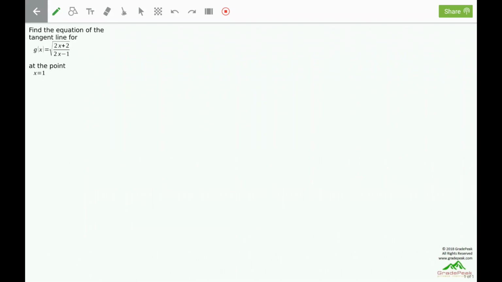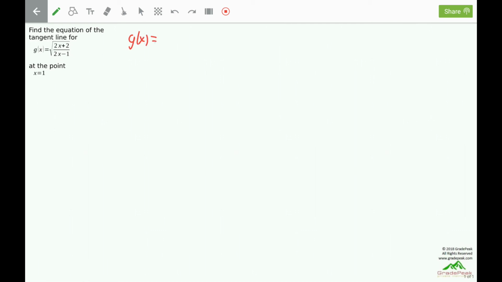Find the equation of the tangent line for g of x equals the square root of (2x plus 2) over (2x minus 1) at the point x equals 1. To find the equation of the tangent line, we need the x and y coordinates of the point. Right now we only have the x coordinate, so the first thing to do is find the corresponding y coordinate